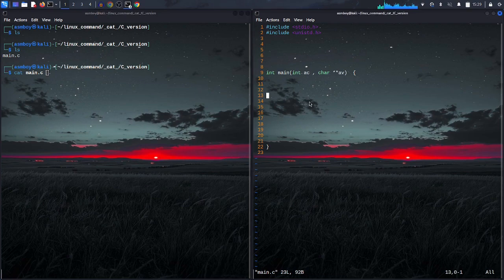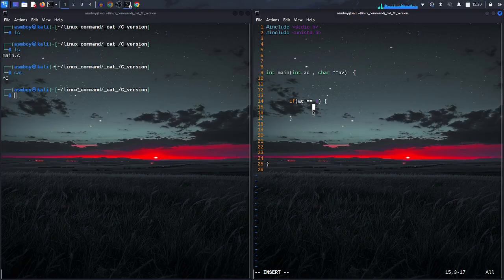Before taking the name of the file, we are going to do a test. If the user did not enter the name of the file, as we can see here, it doesn't do anything. So we're going to show a message. Let's do an if condition here: if the argument counter is equal to 1, meaning he entered only the name of the program,